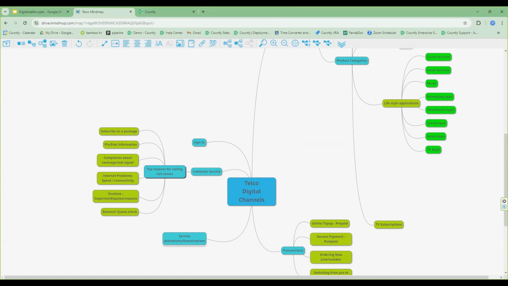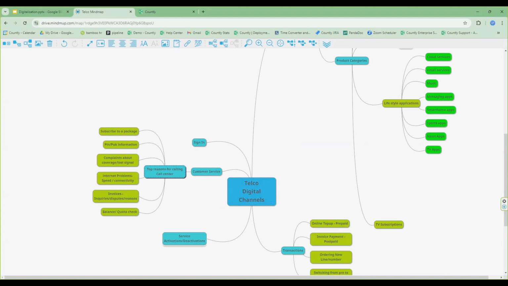Maybe they have complaints about their invoices. Maybe they want to pay their invoices. Maybe they want to buy their packages. They might have internet problems. So looking at these top traffic, what is the root reason that the customers are coming to our regular channels? It's important to look at these and have a starting point